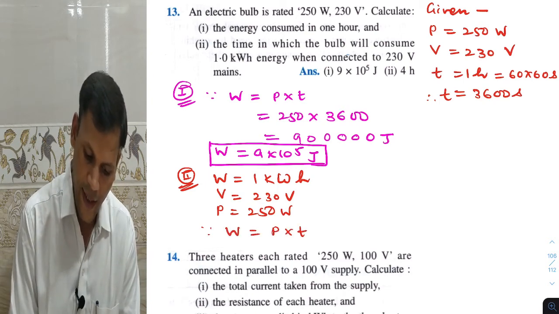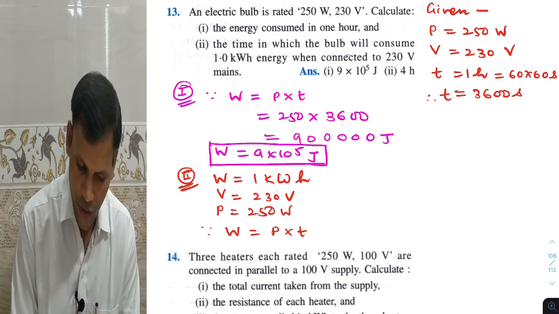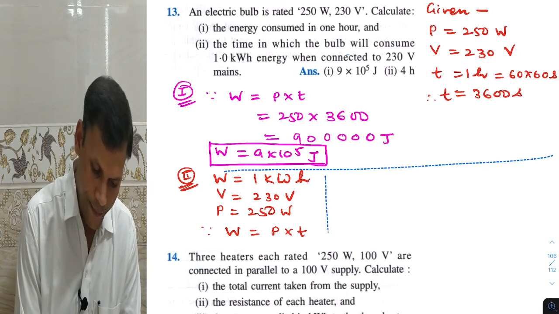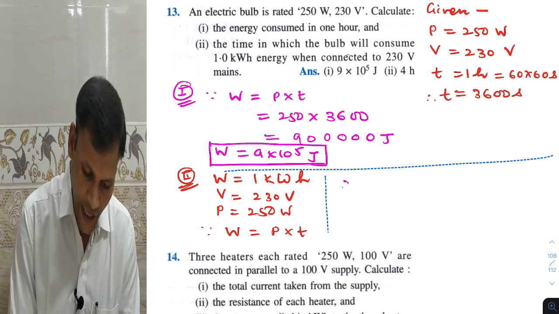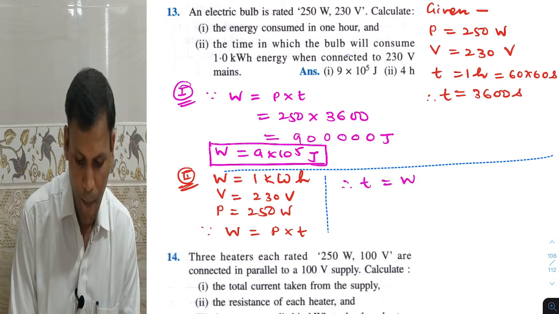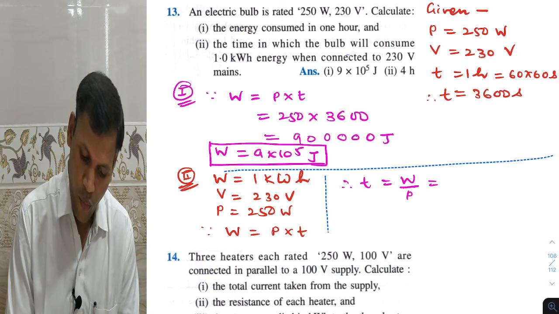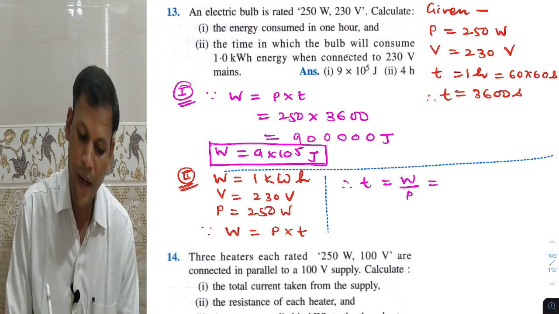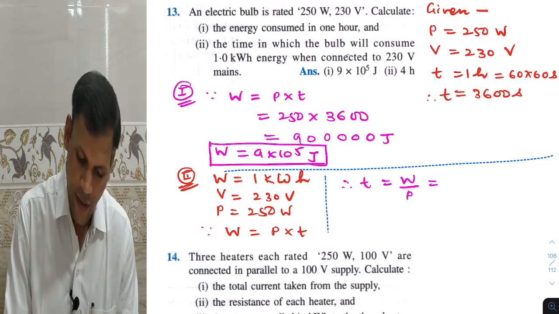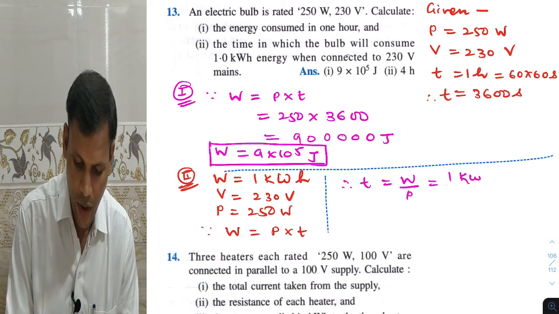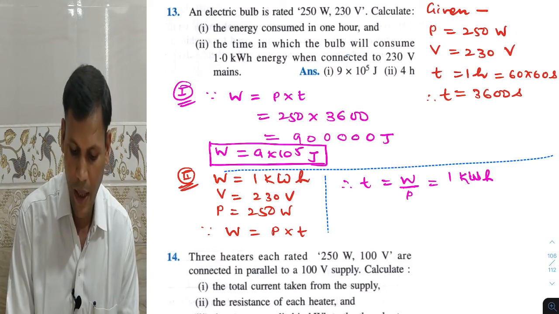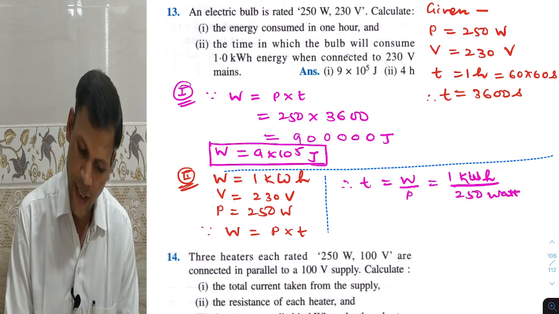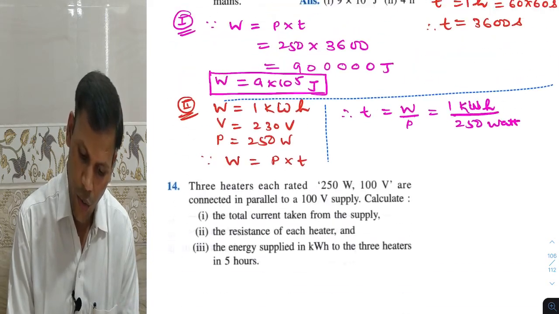सो अब हमें टाइम निकालना है. सो फॉर सेकेंड पार्ट वी आर डूइंग, आई एम गोइंग टू डिवाइड इट इनटू पार्ट्स. So therefore we can write, therefore time will be W upon P, and W is 1 kilowatt hour, और यहाँ पावर हमें वाट में दिया है तो वी नो. ठीक है, 1 kilowatt hour upon power is 250 watt. Right, so we can write it as 1 kilowatt hour is